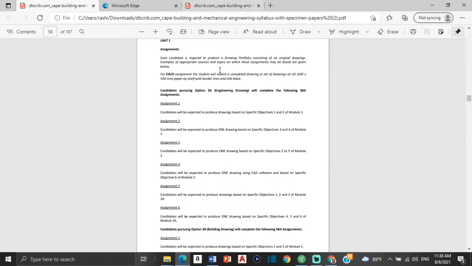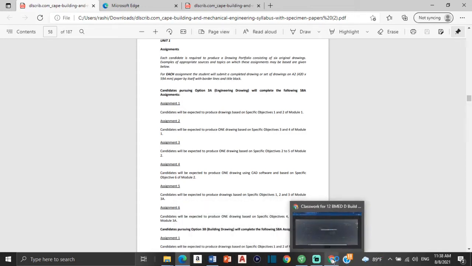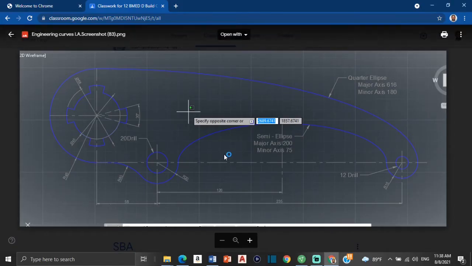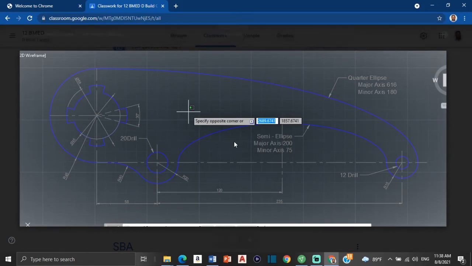This is what I gave my students to do this year. It's right over here. So this right here was their assignment 1 that I gave them to do. So this is like a machine part, and it's a blending of lines and arcs and stuff like that, some engineering curves and so on,